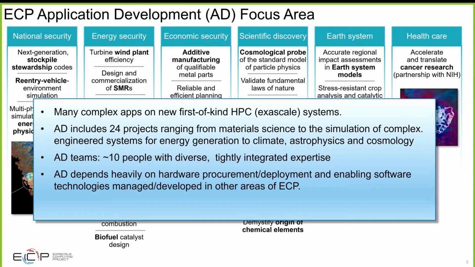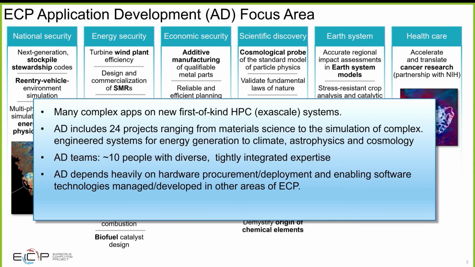The goal, of course, is to get this representative set of 24 domain-specific science applications running efficiently on these first-of-a-kind exascale systems. Projects range from material science, computational cosmology, and astrophysics to energy generation systems, so fusion reactors, small modular nuclear reactors, and particle accelerators, kind of everything you can imagine. In the background is a sense of the breadth of different mission-critical applications in DOE. This is a subset that was chosen